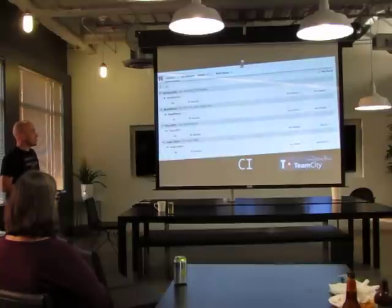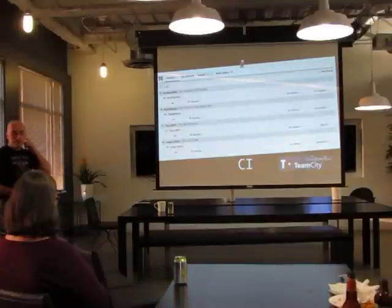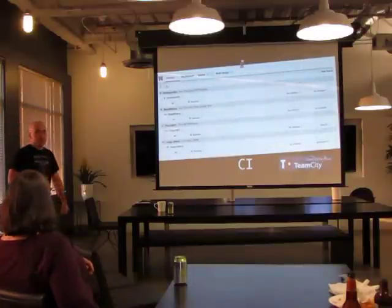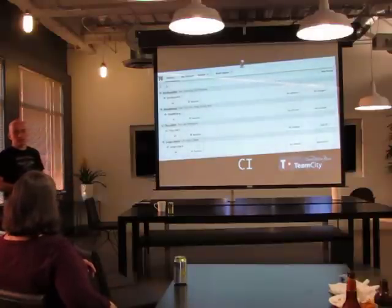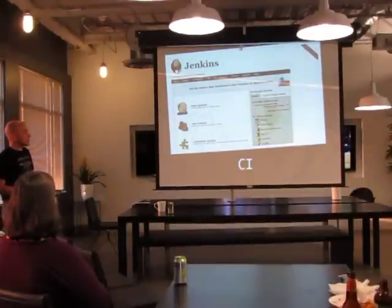There's TeamCity, which will build a huge amount of things. I even found out recently that it will build iOS and Cocoa apps if you can find an Apple machine and attach it to the big cluster of things, in addition to Java, .NET, PHP and Node. Not that I know how it's building that, but I guess it runs tests and it considers that a complete build. There's other tools like Jenkins